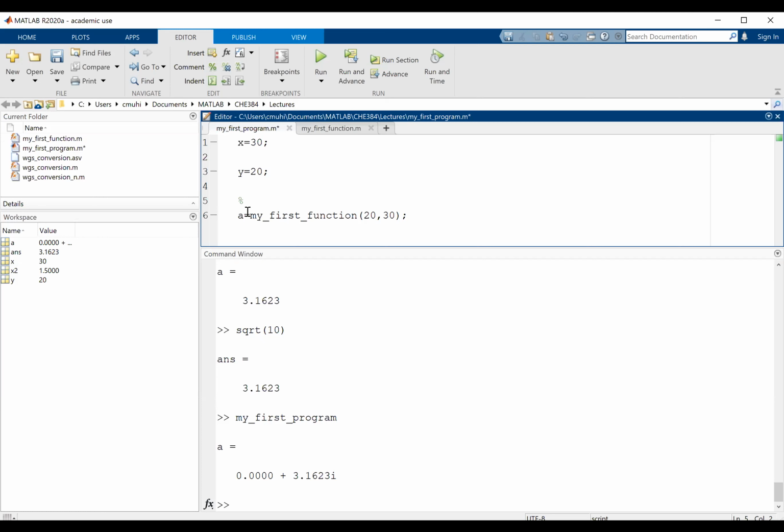So to do a comment, we use this percent sign. And so now I can write anything into this comment that I want, and MATLAB will not try to interpret that as a mathematical function. So what would be useful to say is, this will take the first number, subtract the second, and take the square root of the difference. Okay, so